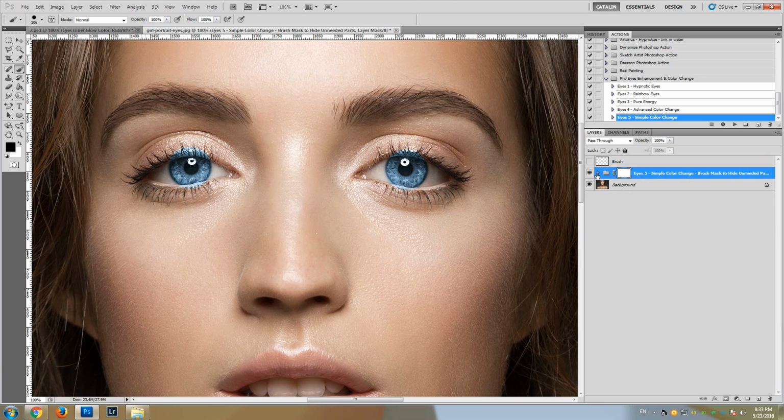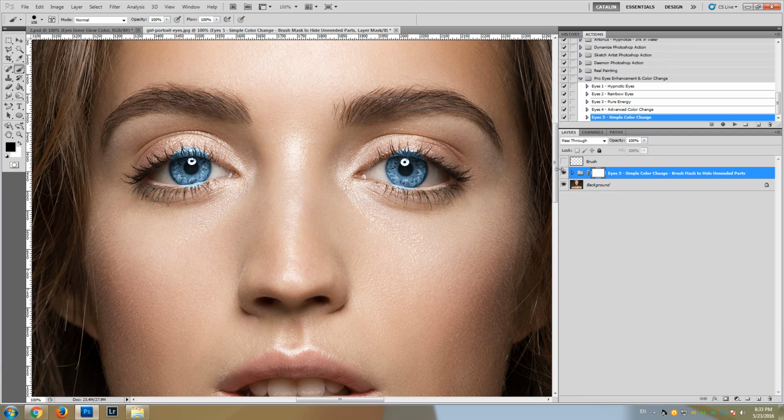It is contained in a folder. Eyes 5, simple color change, brush mask to hide unneeded parts. Okay. Firstly, you can notice that some other areas have been covered by the effect. These areas which we don't want the effect to be upon. So this is why the action creates this mask, this white mask, and says brush mask to hide unneeded parts,